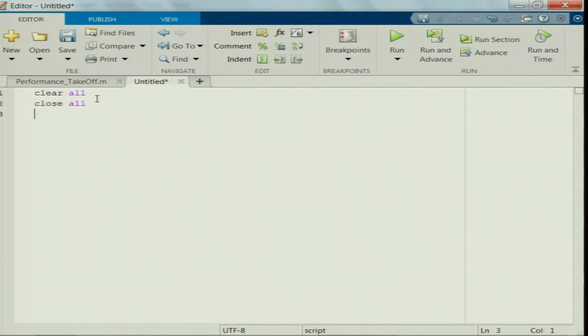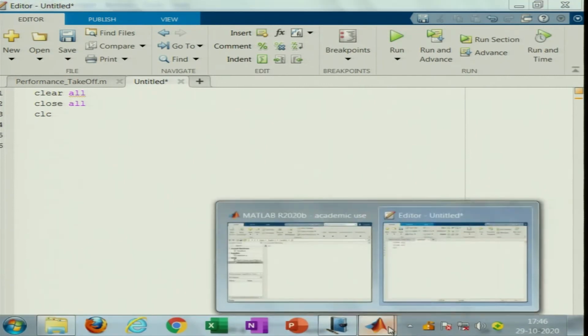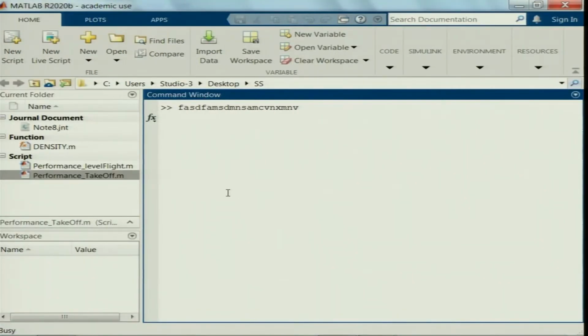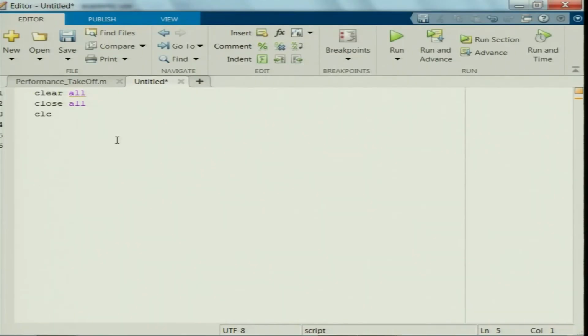I am clearing the memory of the MATLAB compiler and closing any figures or windows opened by the previous code, and CLC stands for clearing the screen of the command window. For example, if I write something here, CLC will clean this command window.